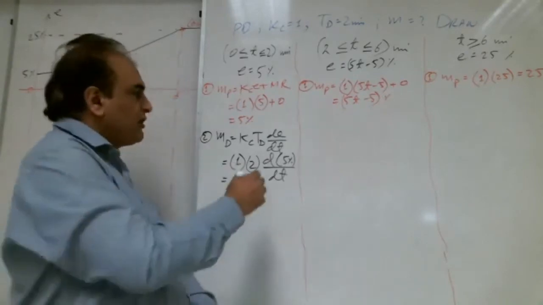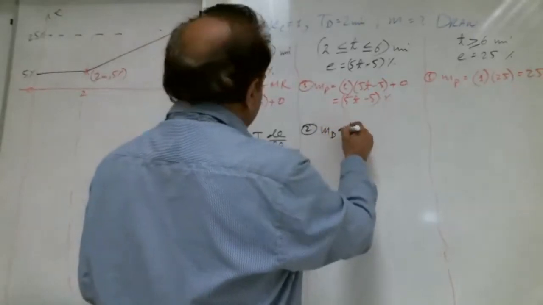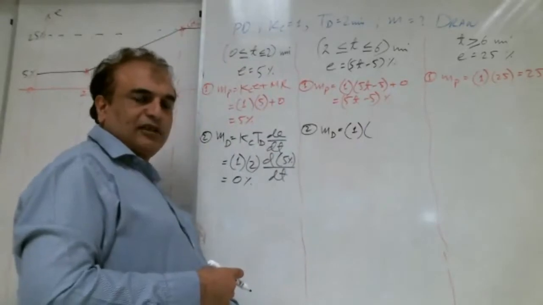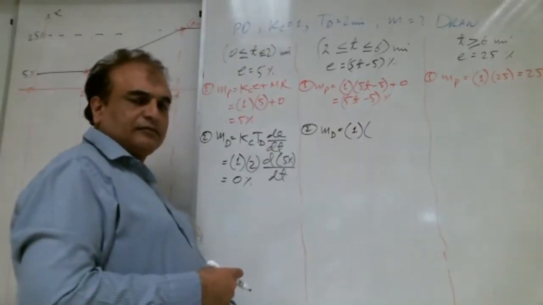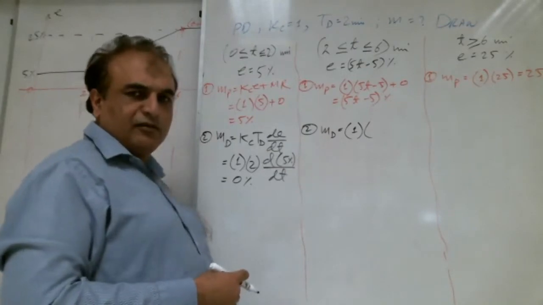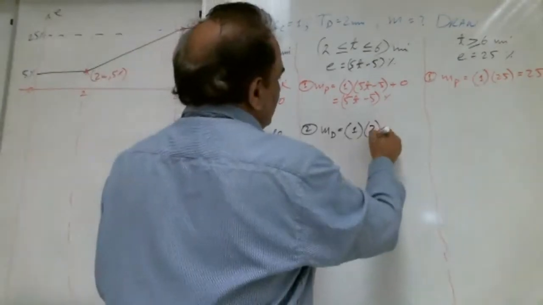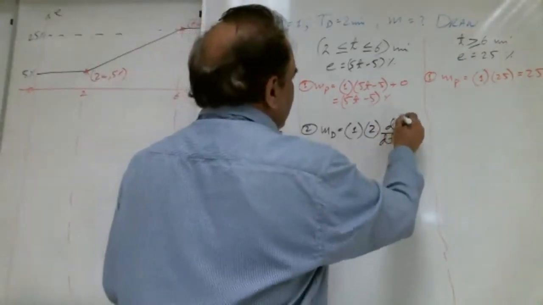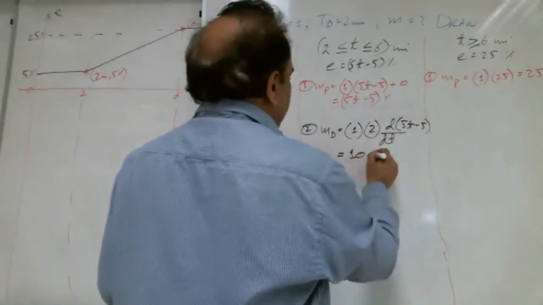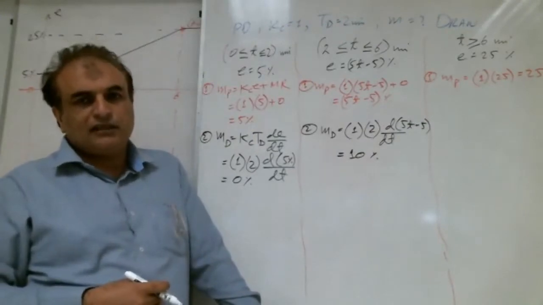Okay, second step here. How much is KC, Shabab? 1. How much error? Here we're going to put the error or something else. TD, very good. Lot of brothers are saying TD. So TD is how much? 2. And derivative of error, 5t minus 5, how much, Shabab? 10. Very good. Lot of brothers are writing 10.